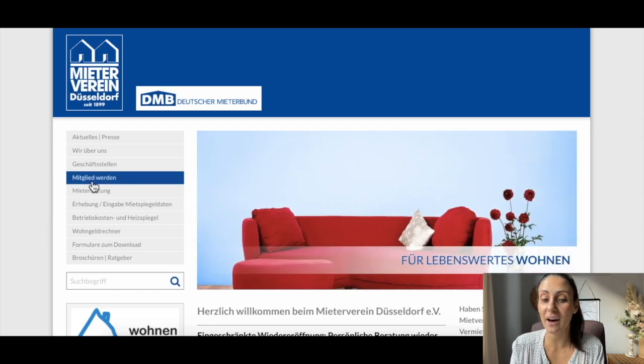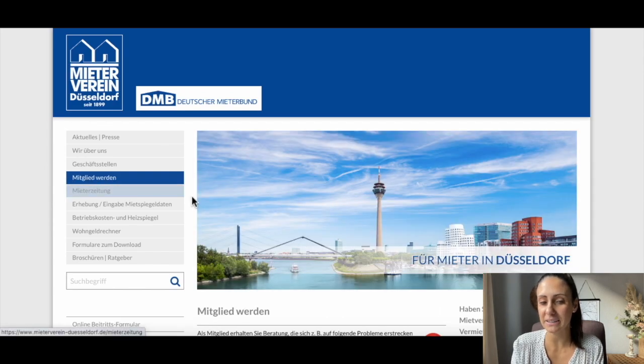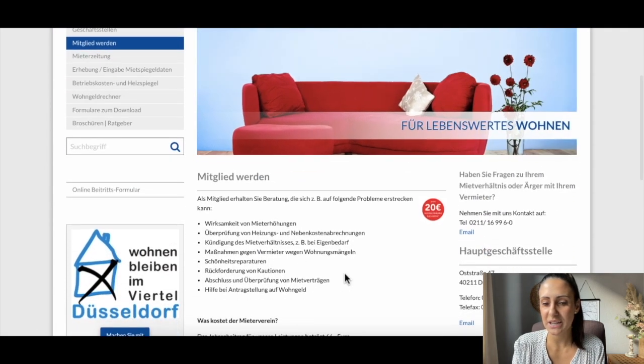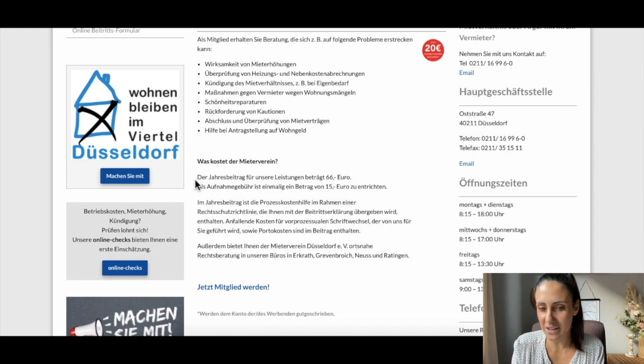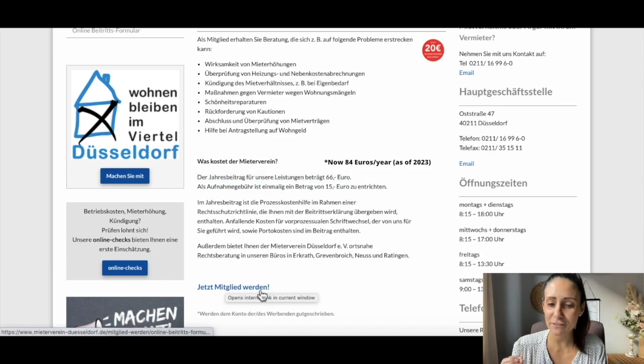You can actually become a member of the Mieterverein Düsseldorf. And if you click on Mitglied werden and just scroll down, it is going to tell you how much it costs annually to be a part of their membership. So this is going to be 66 euros a year. If you want to be a part of this from the get-go, then you can click Jetzt Mitglied werden, and